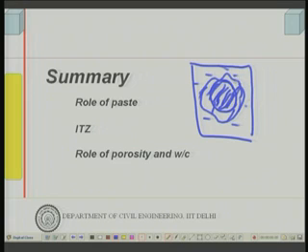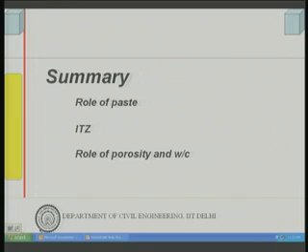a large portion of the unfilled water will remain actually vacant if the original water cement ratio is high. Original water associated with a unit mass of cement is high. So, the size of the pores is also a function of water cement ratio, in the case of paste and also in the case of concrete. Therefore, when we look at the role of paste, the paste strength is governed mainly by the